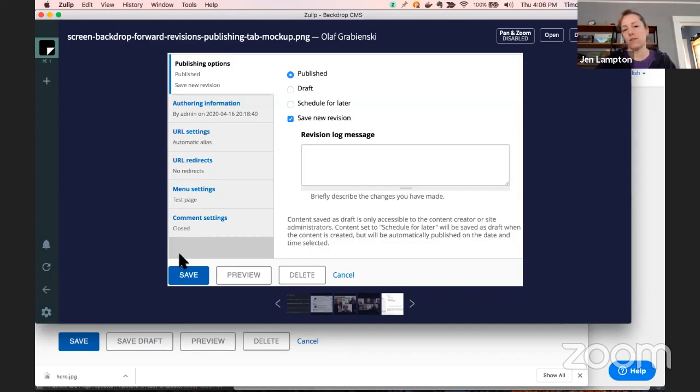And so Gregory felt pretty strongly that it needed to be a different button, because that was very clear to people that if you hit the save button, you're not going to get what you expect by clicking save new revision. You're going to get something else. And so it made it more clear what was happening. But I do like having the revision information on the publishing options field set. I think that helps a little bit,